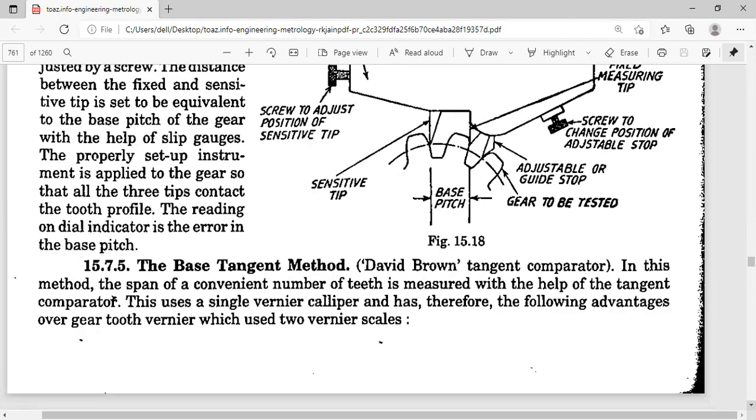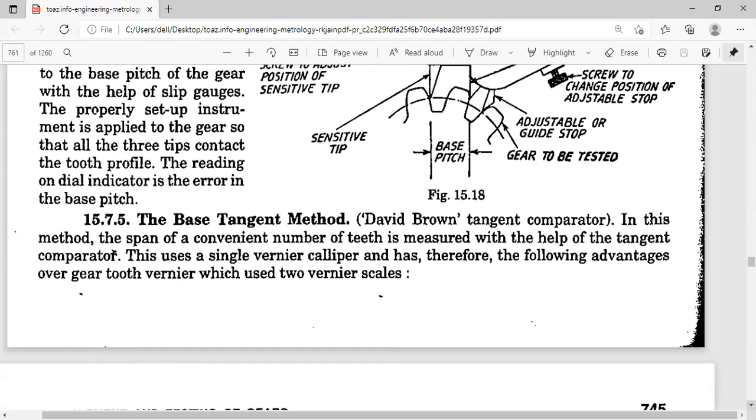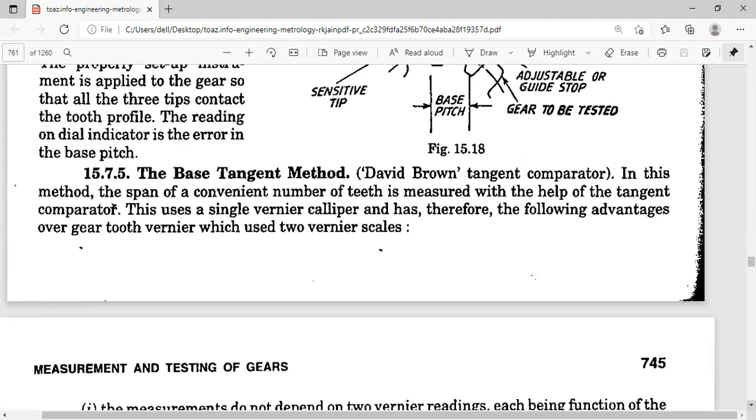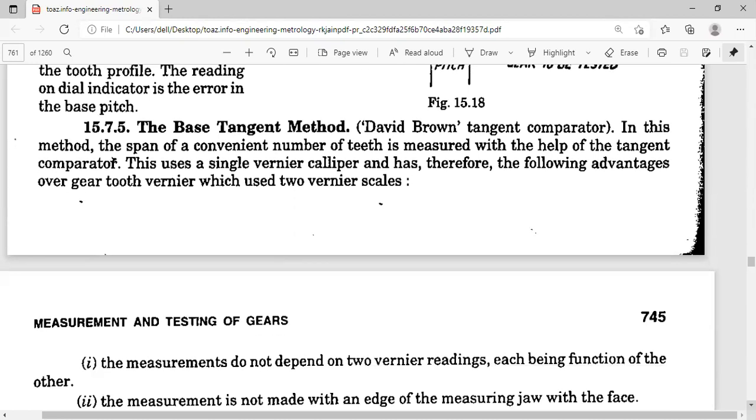So here, the base tangent method is also known as the David Brown tangent micrometer. In this particular method, we choose a span of a convenient number of teeth with the help of the tangent micrometer. So it is known as the base tangent micrometer or the base tangent comparator. Because we are using a single vernier caliper there, single vernier caliper as far as this base tangent comparator, this has an advantage over the vernier gear tooth caliper